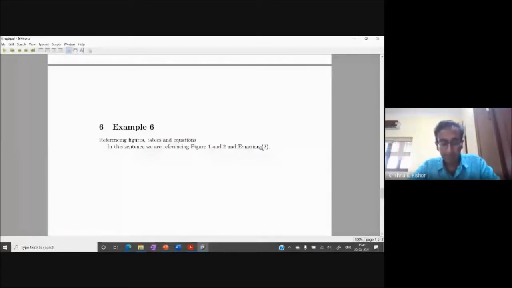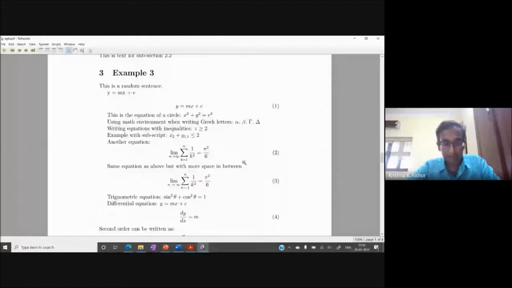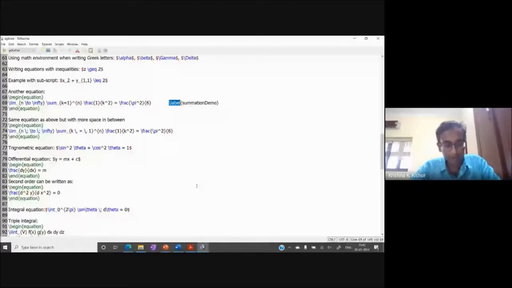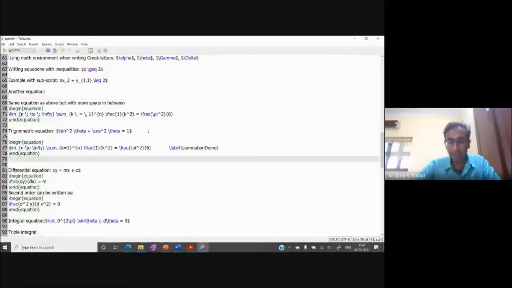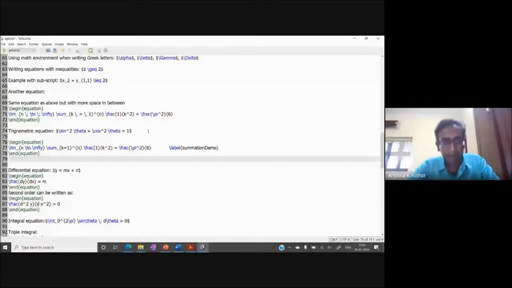And the beauty of this is, it doesn't matter if I change the order of the equations. Say, for example, I don't want this equation to come over here. I want to make this equation come later. Now the equation order will all change, but I don't have to change the referencing, because initially this was equation 2, now it will become some other number, but I don't have to rework my entire document. All the numbering gets done automatically. Let's see the output.